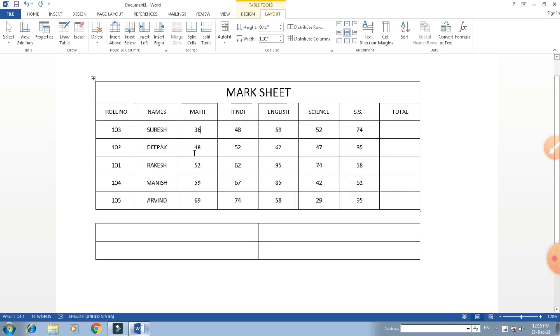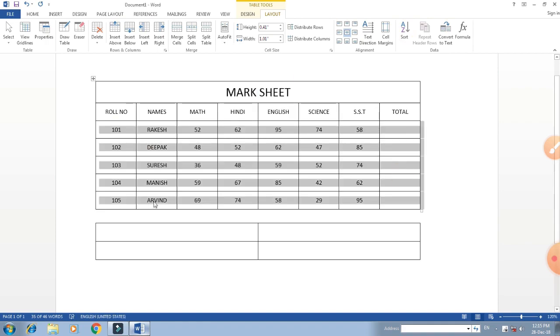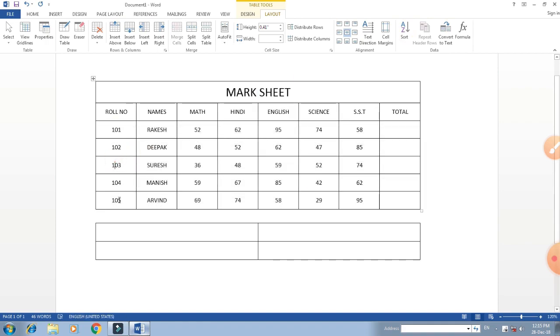So you can see here, student, this is in ascending order: 36, 48, 52, 59, 69. And in the same way we can set the roll number. If you want descending order, select that column and click on descending or ascending order. As you can see here, 101, 102, 103. So this way we can use the sort option for sorting.